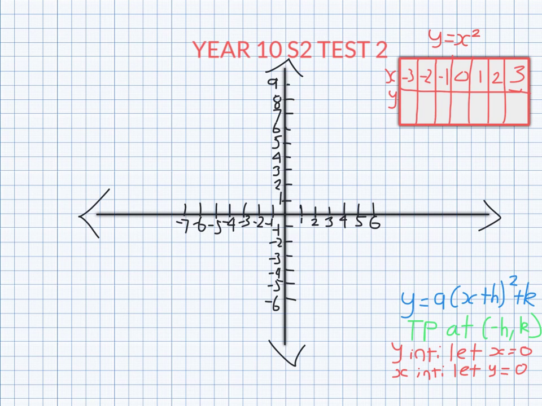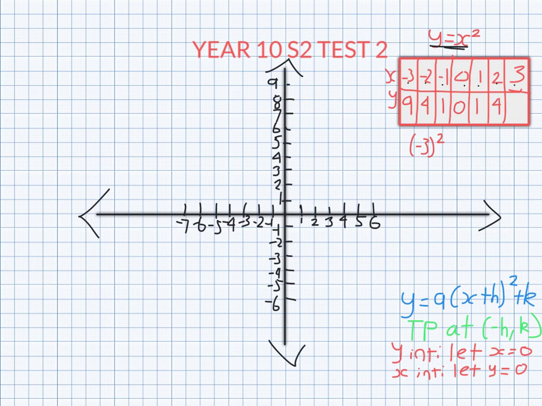What I do with a table of values is I pick all of these x values, and I substitute them into this equation to find the corresponding y value. So if x equals minus 3, y equals minus 3 squared, which is positive 9. Make sure when you substitute a negative, you always put it in brackets in your calculator, like this, to get the right answer. So if x equals minus 2, y equals minus 2 squared, which is 4,